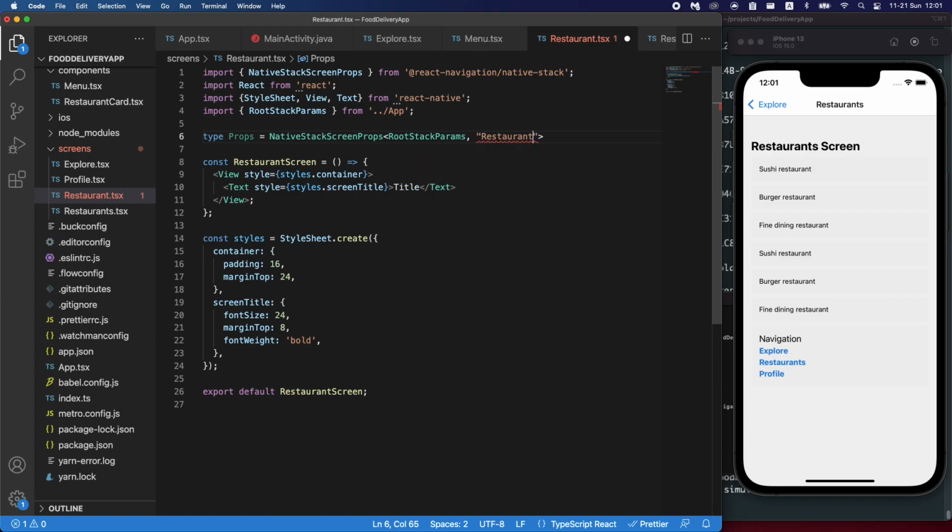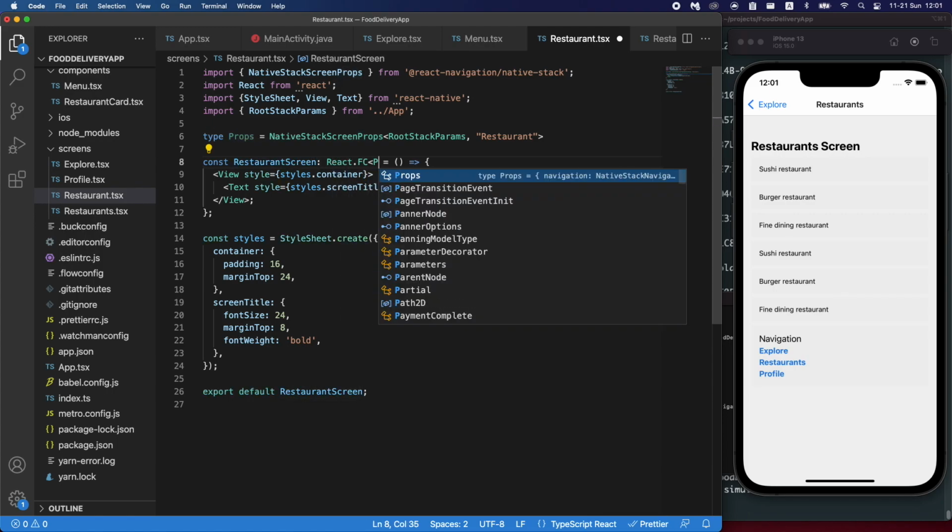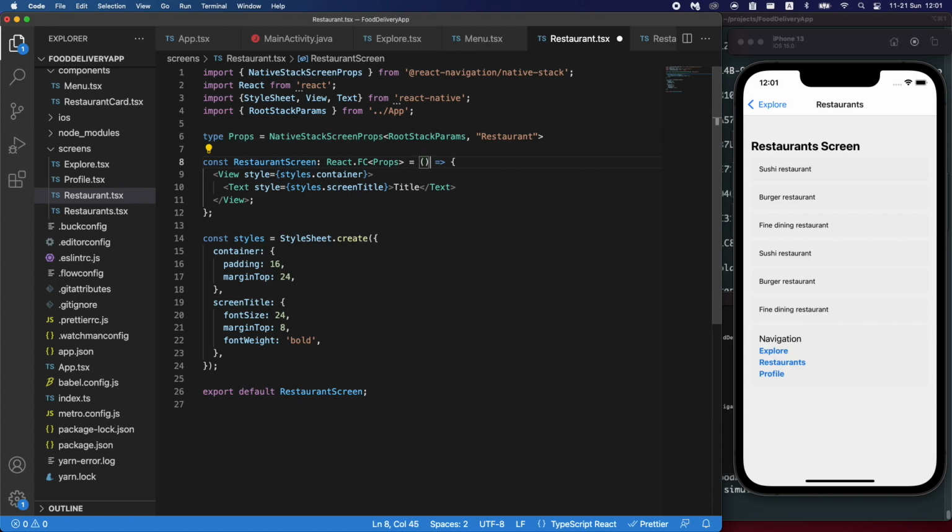So we can just say restaurant, and now here we can just say React.FC<Props>, and now inside here we can say name